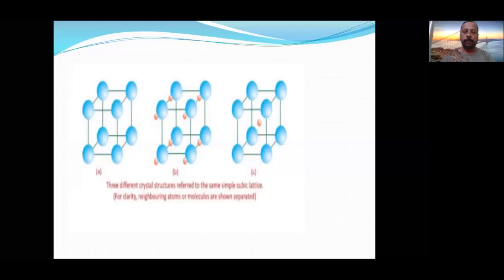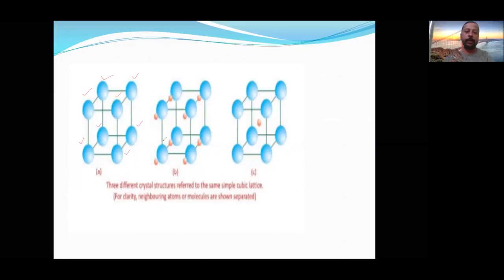Okay, next one is about the types of unit cell. Further, we could come to know that unit cells are divided into how many types? Four types, but here I am just telling you as an example. The first one is the simple cubic unit cell, where all corners are occupied. The exact classification we are going to do in detail. So the first one is the simple cubic lattice.